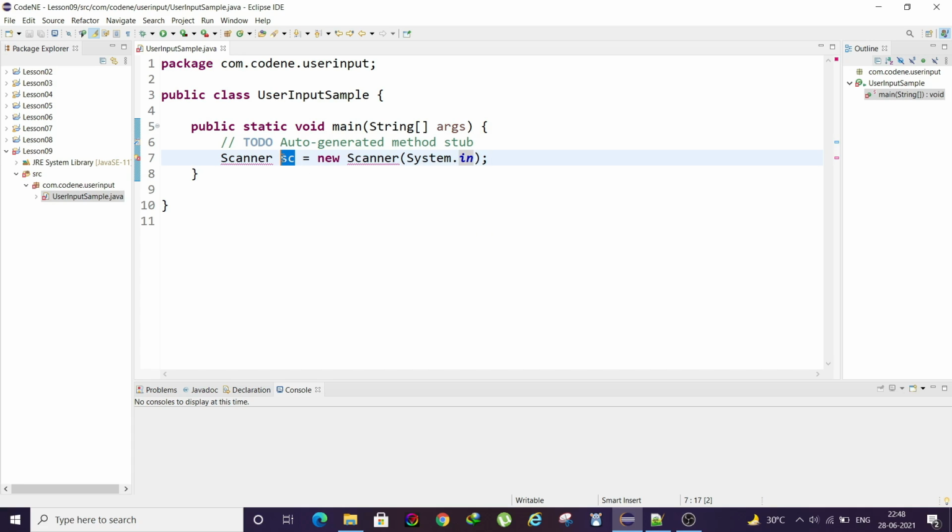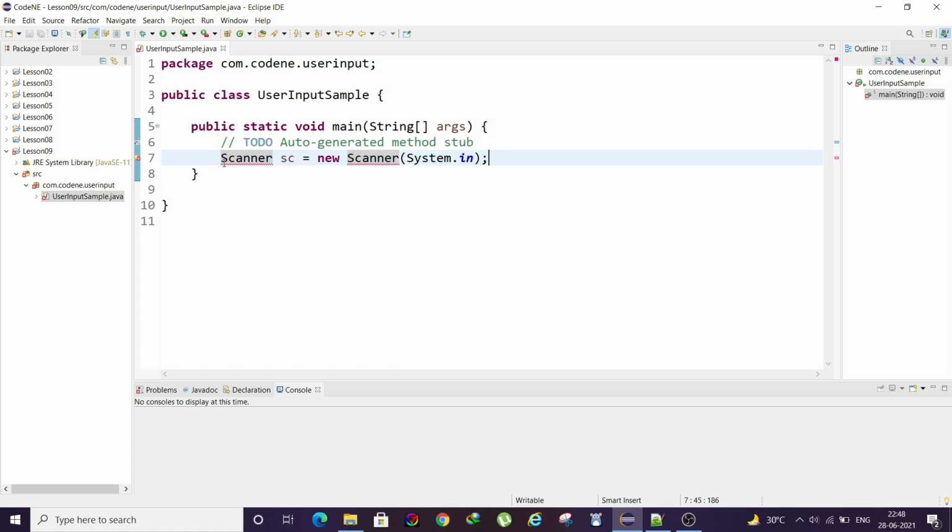Right now object and class may be confusing, but as we progress in our course and learn about object oriented programming, you'll get a better understanding. Right now we are going to understand how Scanner will help you in taking the user input.